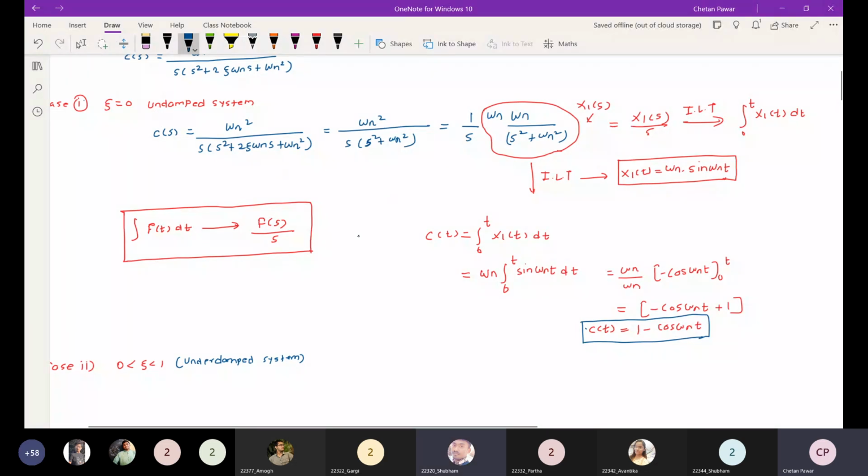Excuse me, sir. Why did you integrate it from 0 to t only? That is a property only. I mean, up to which period do we need to integrate? I will just adjust these things. So here we can draw it.